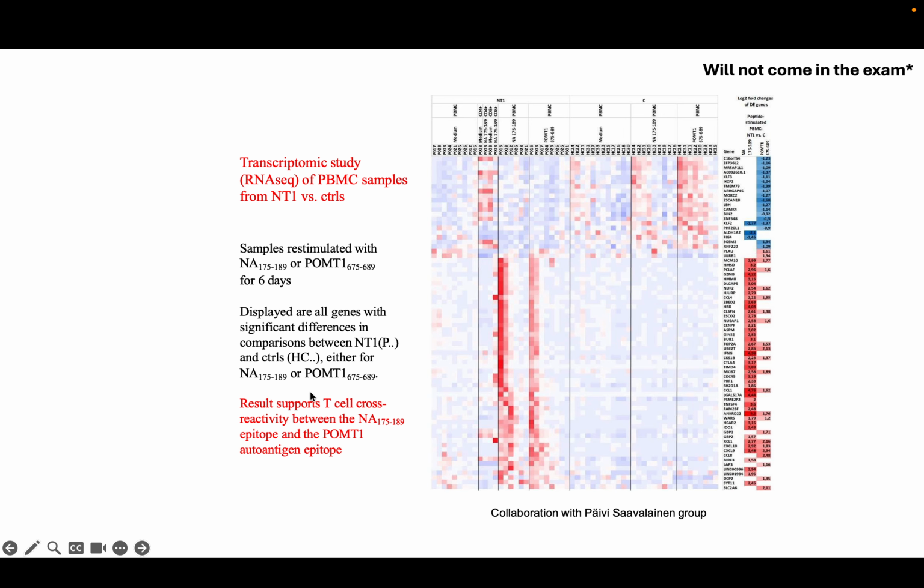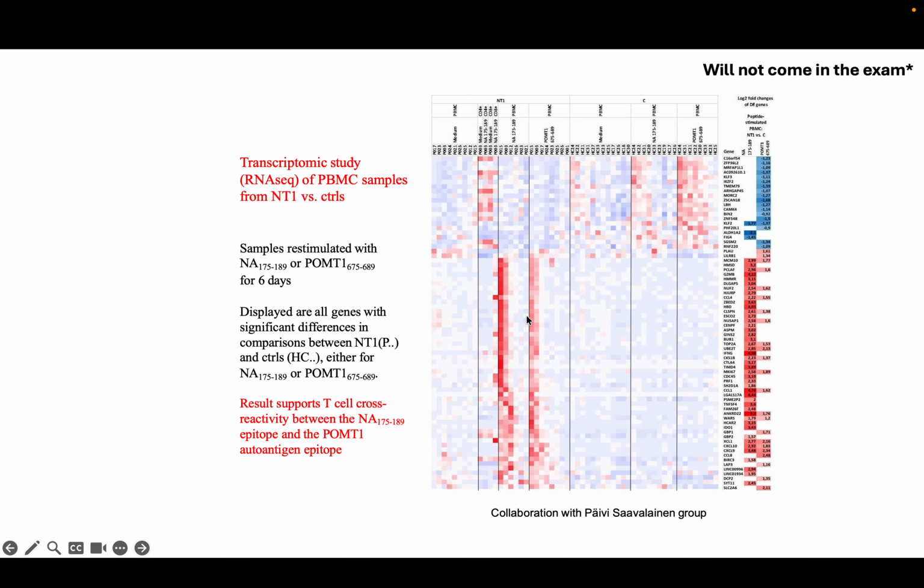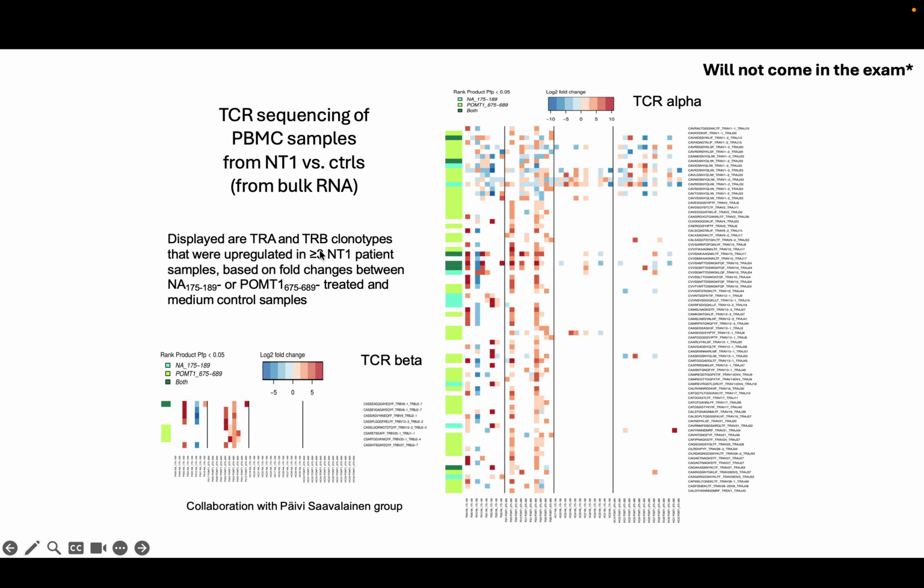It's like, okay, this supports that T cells cross-react, meaning that these T cells are literally activating in the same manner to both these epitopes. So what they did is that when they stimulated these two, they did TCR sequencing. They sequenced the TCRs, and they saw that the T cells that were really expanding, because we have clonal selection, were able to recognize both the NA and the POMT1,